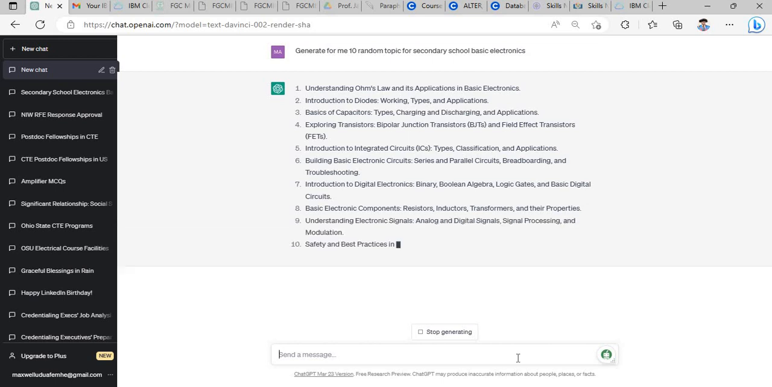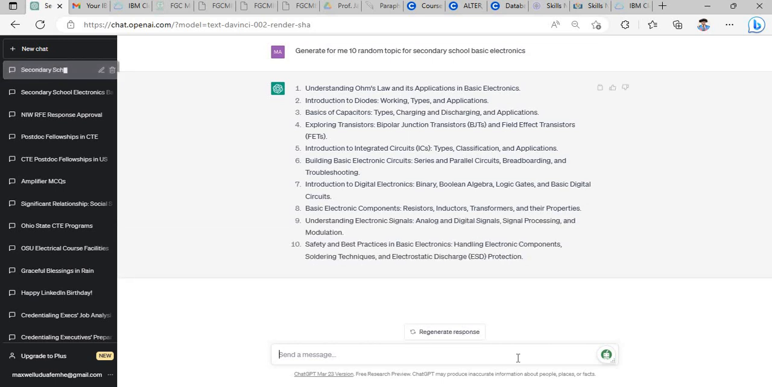It has generated at random some useful basic electronic topics, and I am seeing that at least some key concepts such as introduction to Ohm's law are involved, and introduction to basic circuit components such as diodes and their working applications, as well as capacitors, transistors, and so on, are captured. Now, assuming these topics are fine by me for my test, what I'm now going to do is to ask ChatGPT